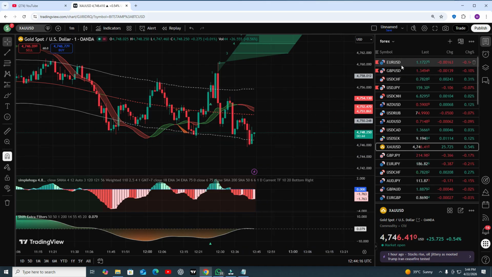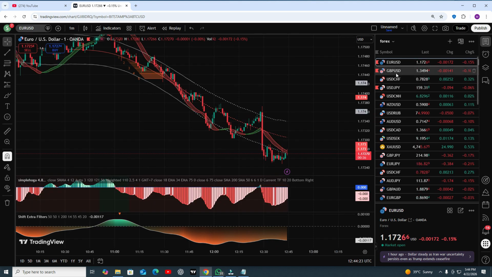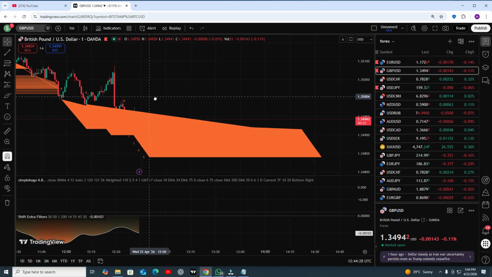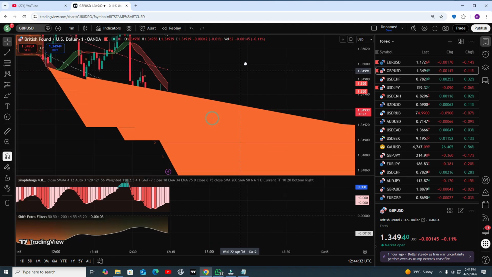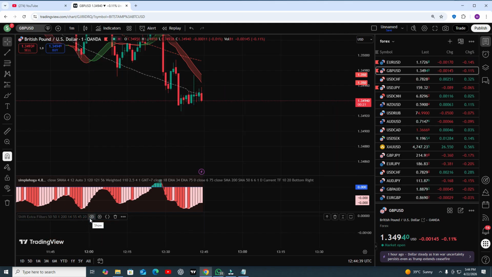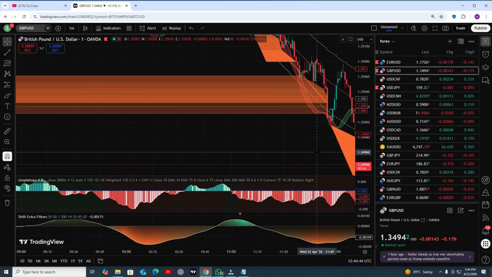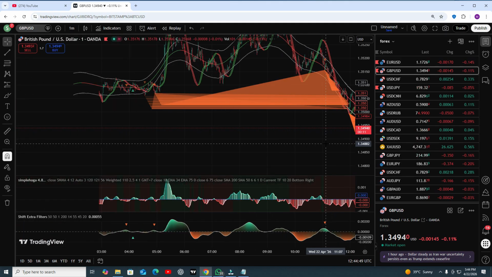Let's see more examples, like in the EUR/USD, maybe we will get the perfect entry. No entry at this point. Okay, GBP. That is really a selling zone. At this point, this is really an amazing selling zone. Okay, and here you can see, let me show you the clear one. Here you can see that is really a selling zone in the GBP/USD. Okay, so the selling zone, and you can see.